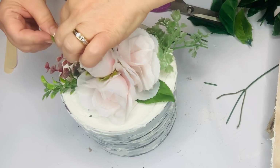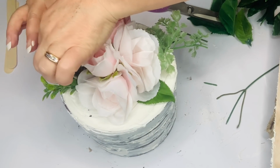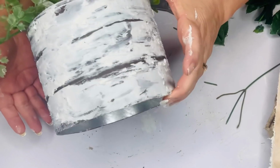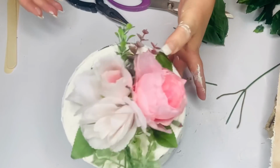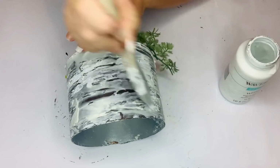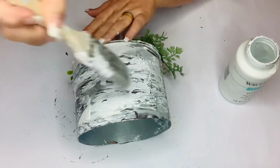These were a really pretty shade of green and weren't shiny like some of the leaves you find on the Dollar Tree stems. So I always save the leaves that I think look pretty in my scrap bin for use on other projects. And then once the mastic is completely dry, I'm going to take my white chalk paint and